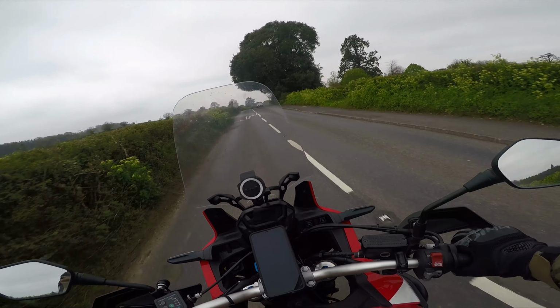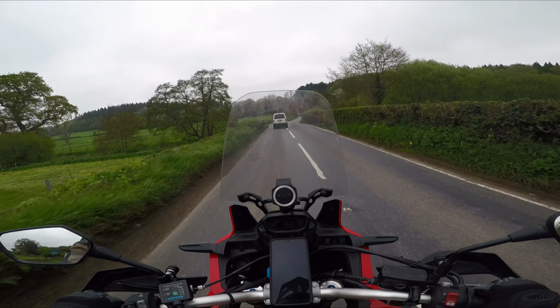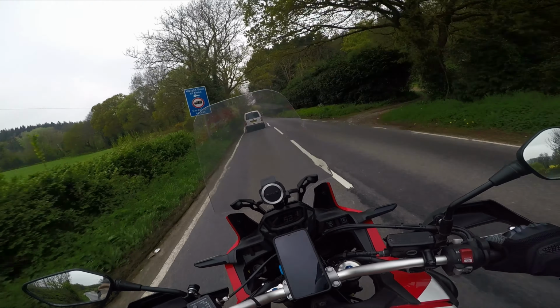It is something else. Obviously this is a twin and it's not an inline four, it's very different, but I just love it. It's just so smooth, so effortless. It'll do whatever you want it to. It's just so good. There's no limitation on this bike at all in terms of what it can do. It'll do motorway speed and beyond for days. And it's so comfortable to ride. And with DCT, it's just